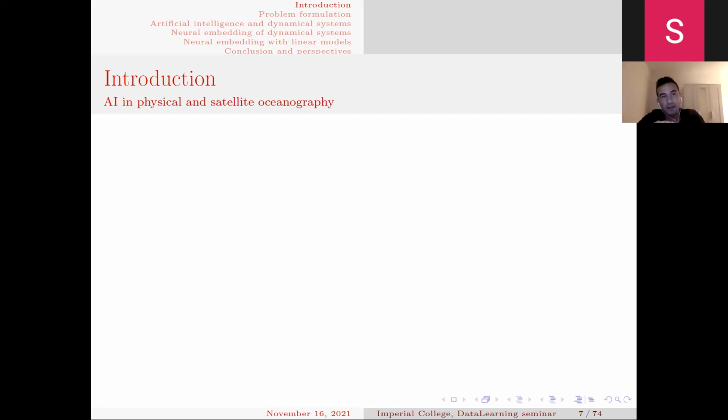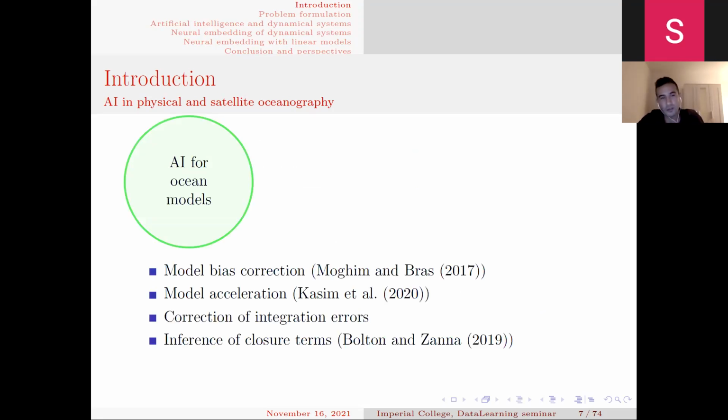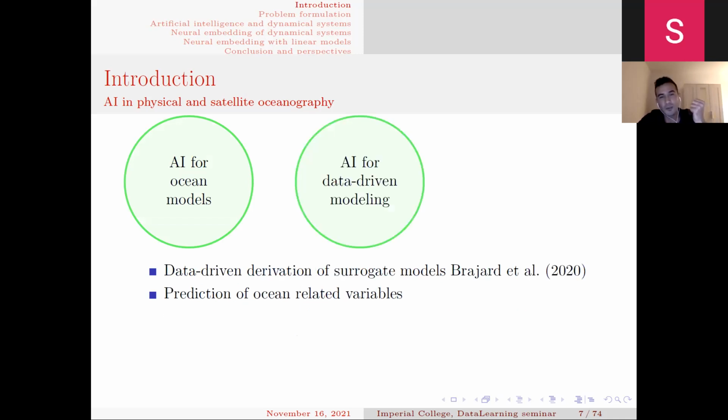Within both the AI and the physical and satellite oceanography communities, there is a huge emphasis on defining and solving problems efficiently using new adapted artificial intelligence tools. This gave birth to a wide range of new methodological questions written in the language of physics-informed AI, starting from actual ocean simulation models and how to make them better, up to the learning of new data-driven models that can faithfully catch the variability of some of the ocean observations.